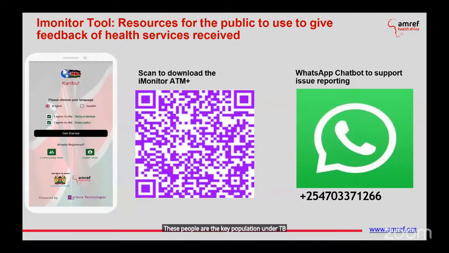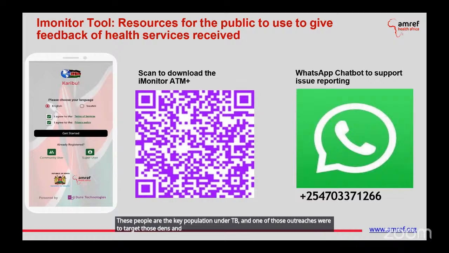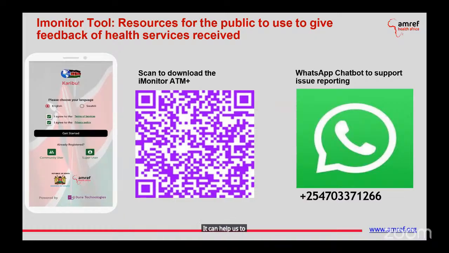And one of those outreaches were to target those dens and such kind of things. So I think these are some of the issues we may need to package as we move to GC8, so that we implement. If we can bring out the outcome of some of these innovations, it can help us to maybe put some resources to reach more people.